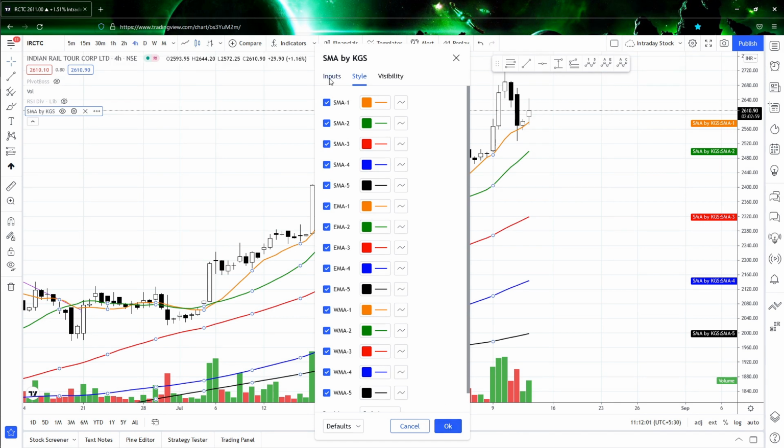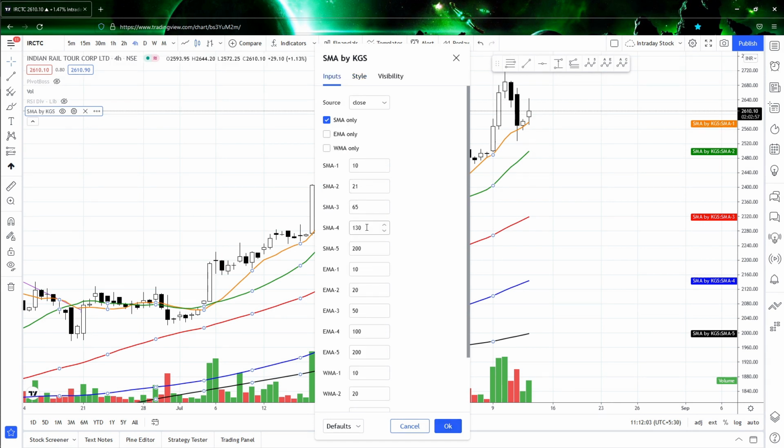So there will be a question like why 21, why 65, why 130, right? 21 is because in a month there are only 21 trading days approximately, so I choose 21. This will be 3 months of total trading days, this is 6 months of total trading days, and this is 1 year of trading days. So it's not an accurate one, so I prefer this because I am comfortable with it. It's up to you guys which one you want to choose, based on your comfort. You guys have to do some testing and see how it is working, so that you will be able to understand what is what.